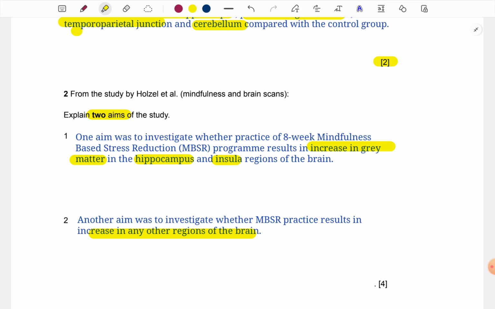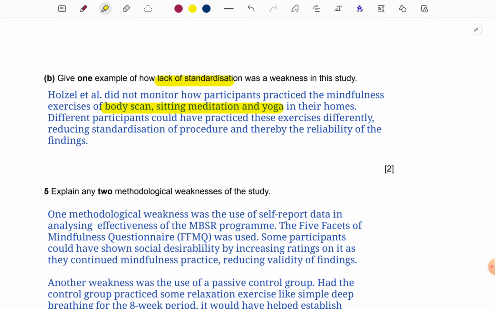Still, of course, they found also that the durations were not equal, and how they did it exactly is something they did not look into. So that is where standardization is lacking. In any study, if they ask you why standardization is lacking, just as for standardization, you would think what is same across participants. Here you would think what could be different between different participants. So this is that aspect of the study which was different.